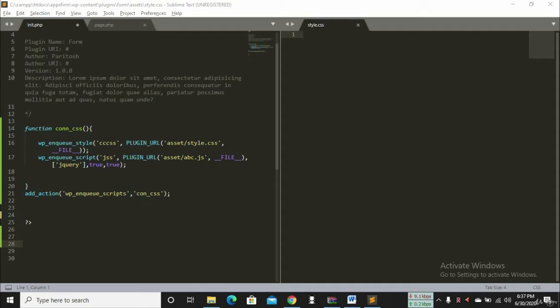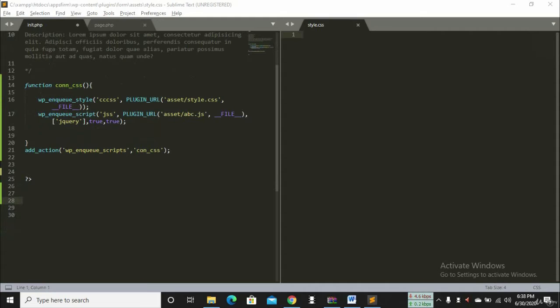In this video we will learn about shortcode. We have a plugin and we will generate a shortcode which we can use in any place or any page template. So let's get started. For making a shortcode, we have to take a PHP block, then we have to make